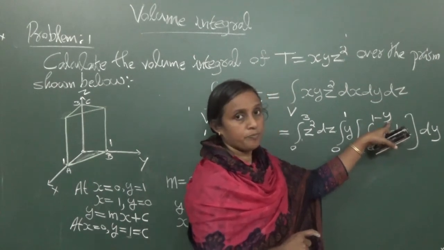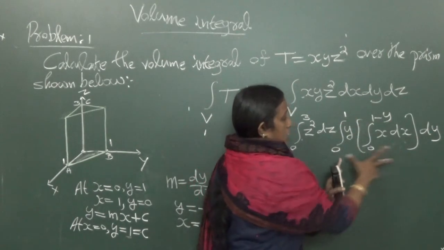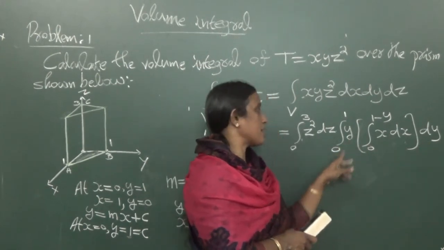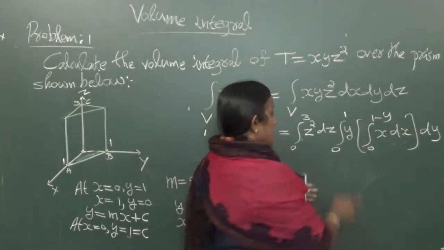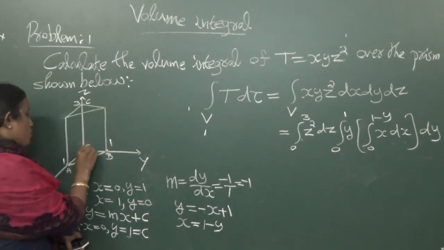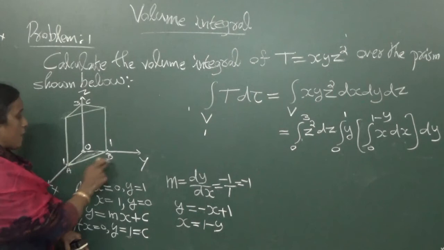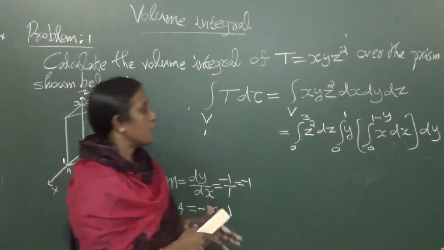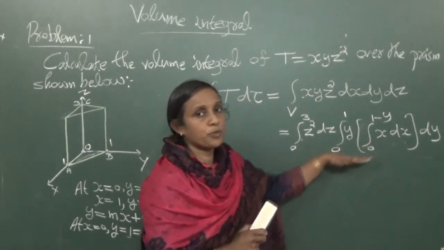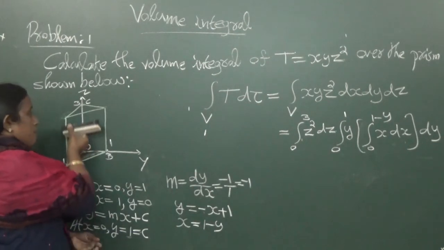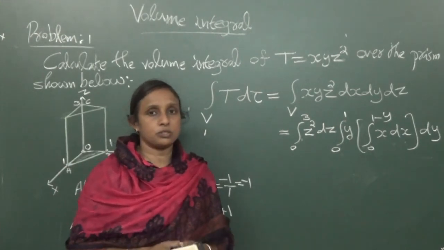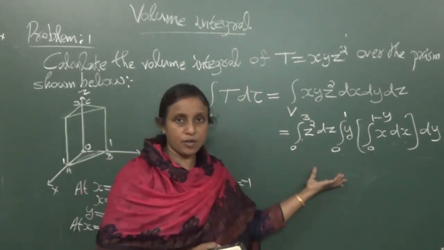Because here the upper limit is y. Then you have to integrate this total function with respect to dy. The limits of the y integral are from 0 to 1. This gives you the area of this triangle. If you substitute here, the area of triangle OAB is given by this integral. Then next step, you can integrate through this z-axis. Then you can get the entire volume of the prism. That is the logic. This is one way of doing this problem.